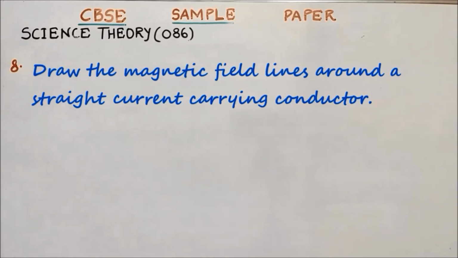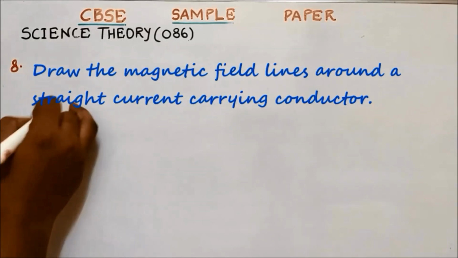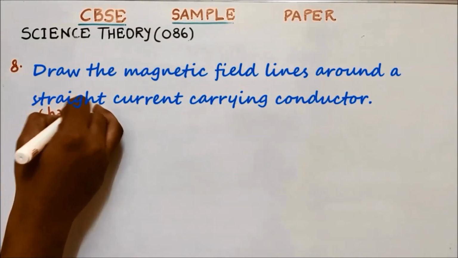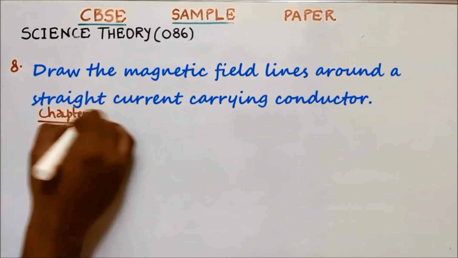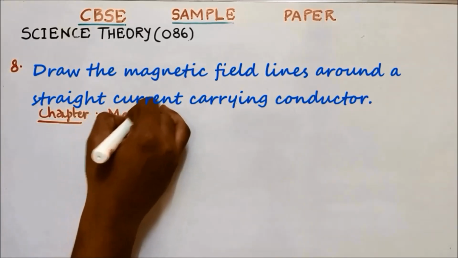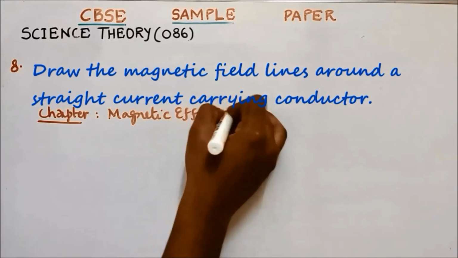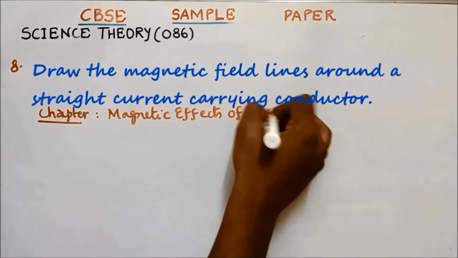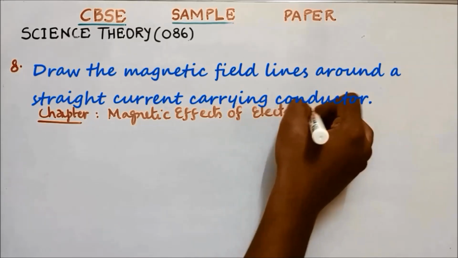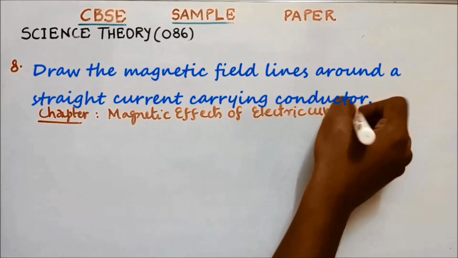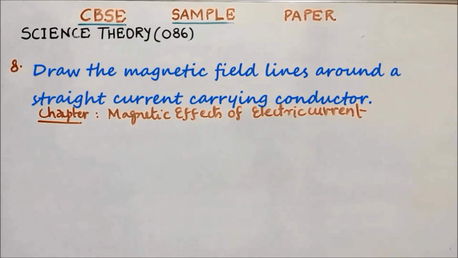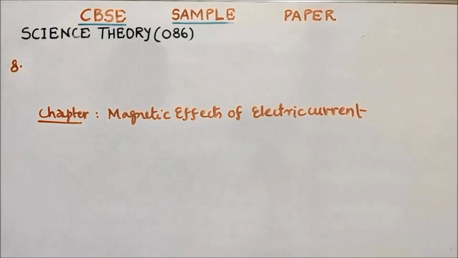So this is from which chapter? Chapter Magnetic effects of electric current. Magnetic effects of electric current. Okay. Magnetic field lines, from the topic magnetic field lines. So you can please draw